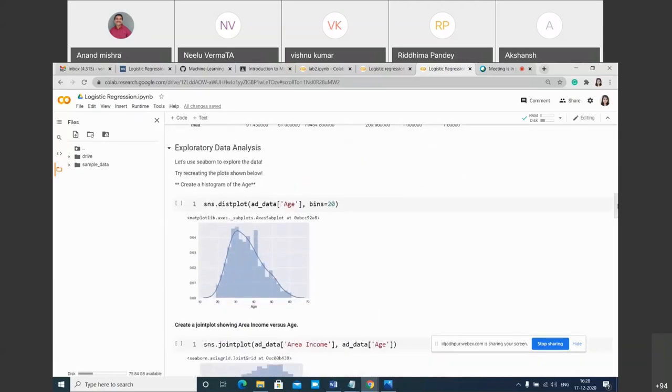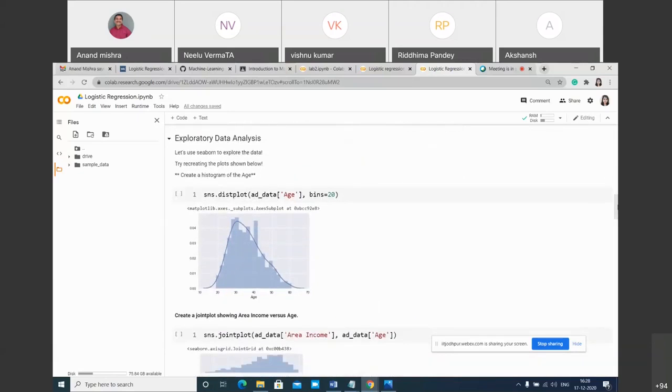So in exploratory data analysis, you can take any feature, any column, and make a histogram of that data set. You can use any number of bins for this, where bins describe the interval you are taking.